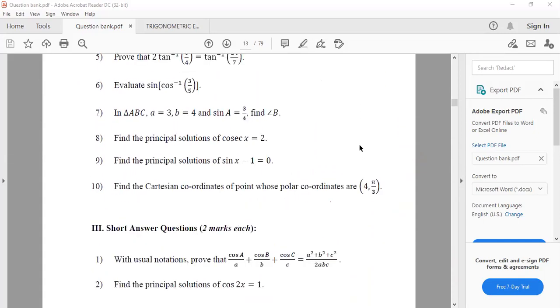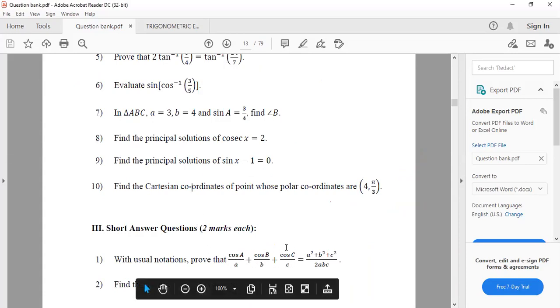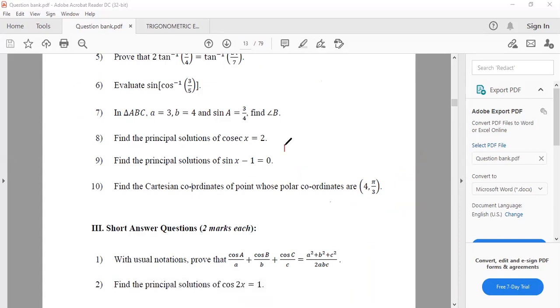Chalo, actually, according to me, the one question only out of this is something to talk about. Okay, question number 2 wala, 2 marks question. Directly, you will say by cosine rule, okay, or take LHS. Yes, sir. First, by cosine rule,